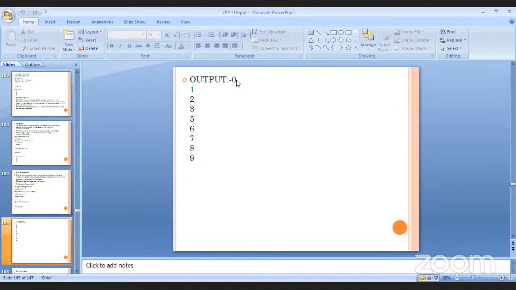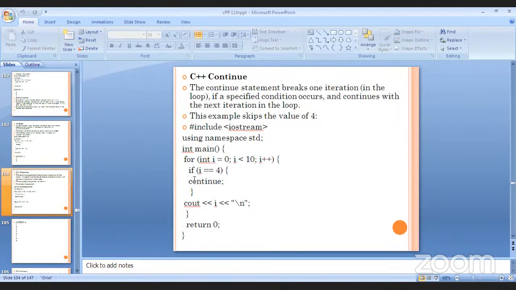Let's see here 0, 1, 2, 3. 4 is not here because the condition is if i is equal to 4, then continue. If yes, print the i. So what will it do, i is equal to 4,